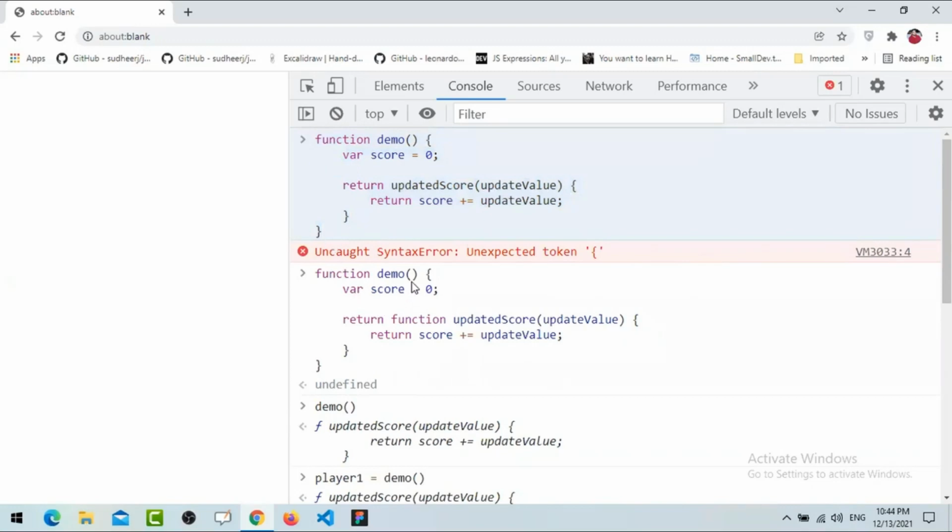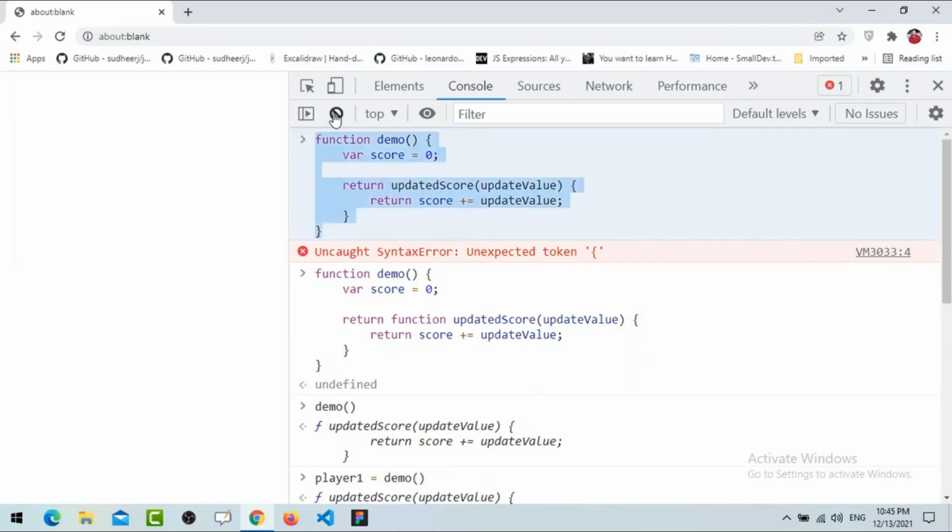So here we have seen just one scenario. Another scenario is that you can pass one callback also in it. That is known as a higher order function: a function which accepts a callback, or which returns another function as an output, is known as a higher order function. Okay, one more thing here, instead of simply writing this return score, what you can do is,